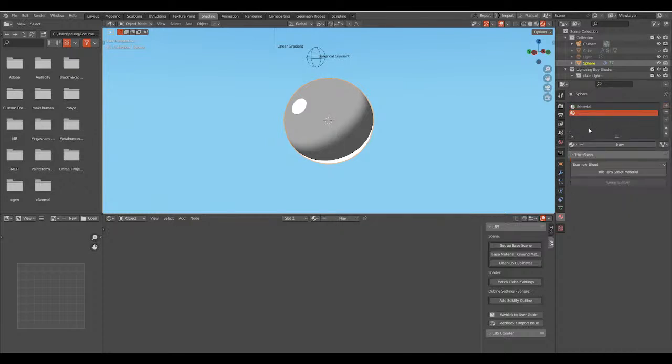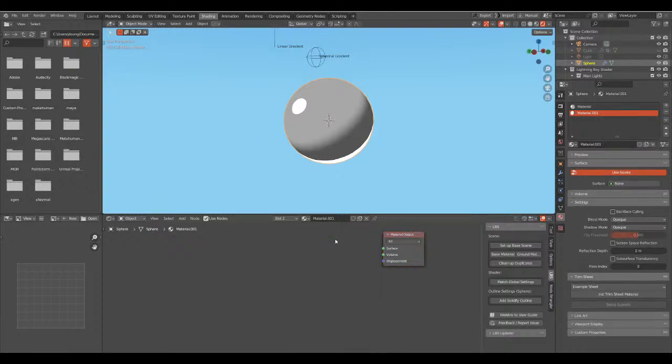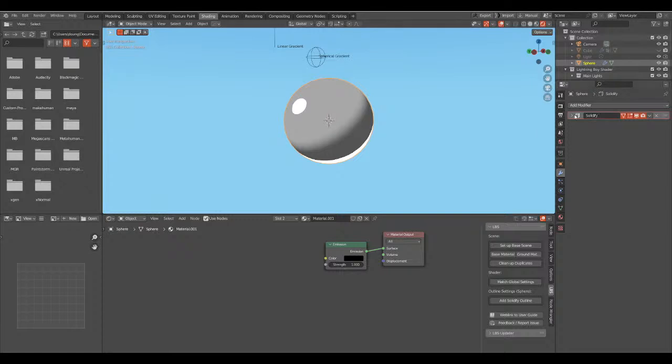I'm going to make a new material, get rid of this, add an emission shader, color it black. Go to the material slot, go to the solidify, go to normals, flip them, materials, offset it,